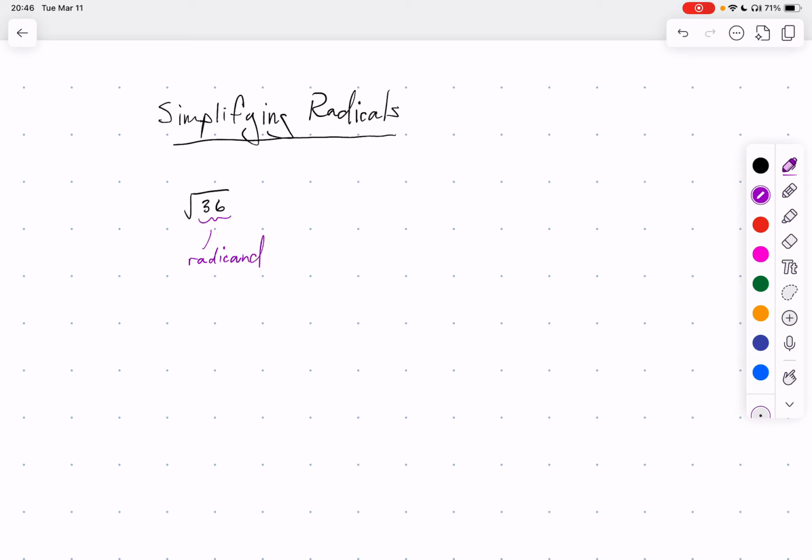Okay. And it doesn't even have to be square roots. It could be cube roots or fourth roots. But today we're just going to talk about square roots because that is going to be most useful for us when we start talking about the Pythagorean theorem. So a few properties of radicals that we need to remember are,